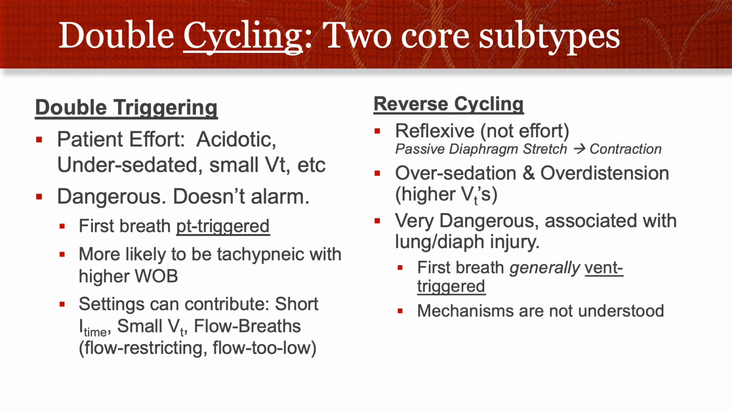Now, double cycling has two core types. The first is double triggering, and this is when a patient triggers both of the breaths. And they're related to patient effort. Patients making a strong effort to get a bigger breath. In other words, the patient gets the first breath and says, that breath wasn't big enough, I want another one. Or I want more faster breaths and a higher minute ventilation, and I'm just going to trigger the ventilator